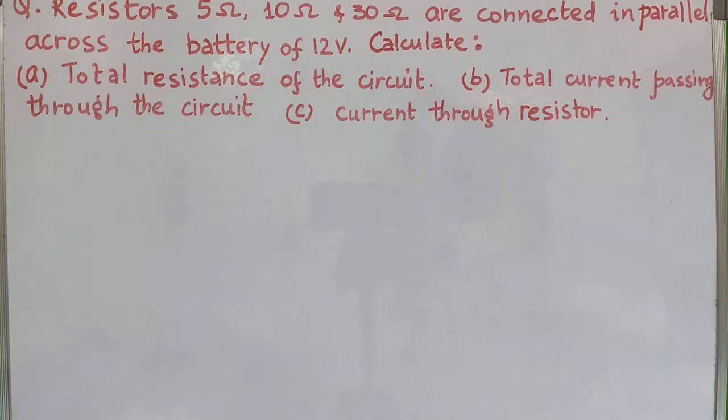Hello everyone. In continuation of our discussion on electricity, today we are going to see parallel combination of resistors. As usual, we have a question here. After understanding the concept, we'll try to solve this question. The question is, resistors 5 ohm, 10 ohm, 30 ohm are connected in parallel across the battery of 12 volt. Calculate total resistance of the circuit, total current passing through the circuit, and the amount of current passing through each